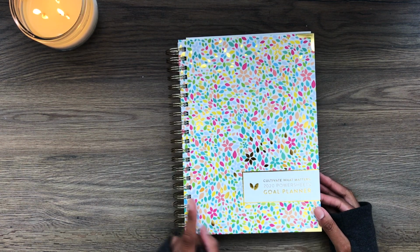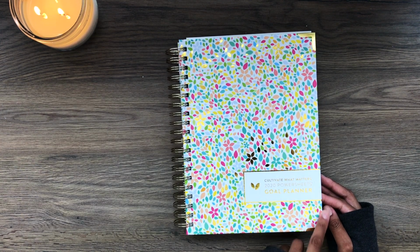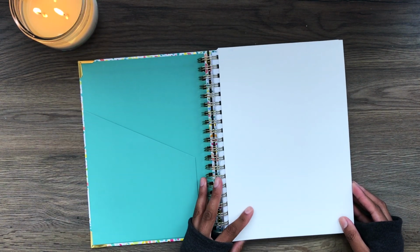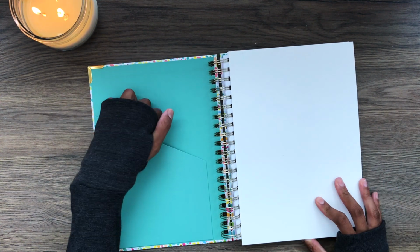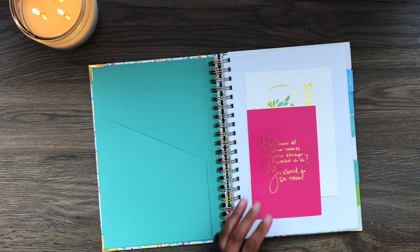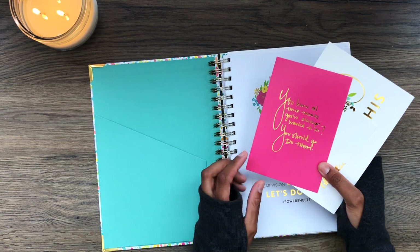All right, so this is the first year that they've done the hardcover, and this is the first time that they've done the gold metal corners. So those are two super awesome features, which I think are great. And then this is also the first time that they've done the pocket here in the front cover. This is just packaging. And then we have the cards. So this is